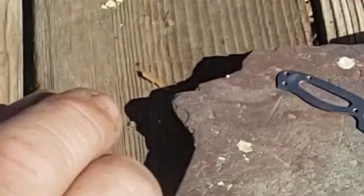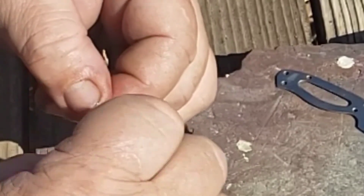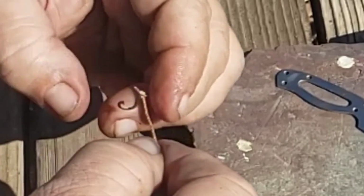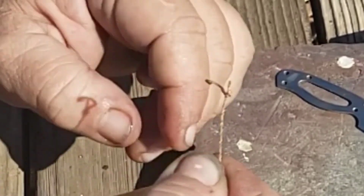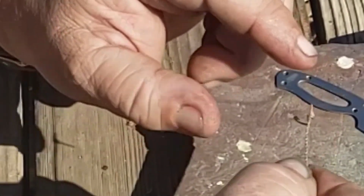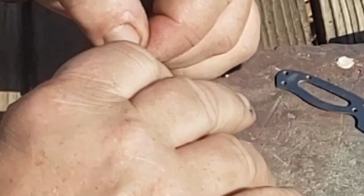Keep your fibers wet. Watch the hook, because these hooks are actually kind of sharp. I felt it trying to bite my thumb. I'd run a couple of feet so you could at least tie it on a stick. And once you get a little practice at this, it doesn't really take a long time to do